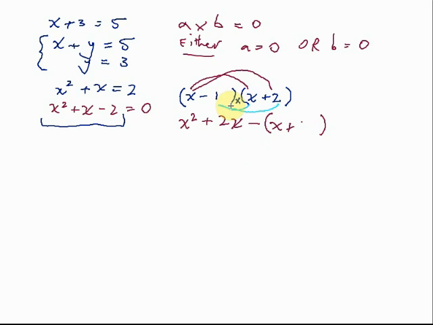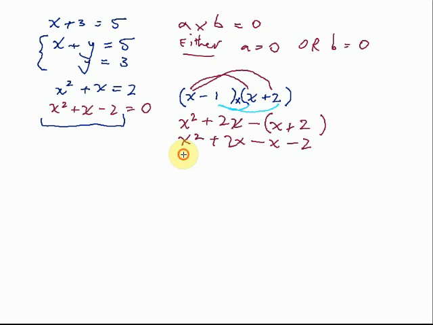It's 1 times x plus 2, which is plus 2. Now minus x plus 2 is minus x minus 2. If we take away the brackets, because this is on the outside, that sign there changes. Minus x plus 2 is simply minus x and then another minus 2. So what do we have here? We have x squared plus 2x